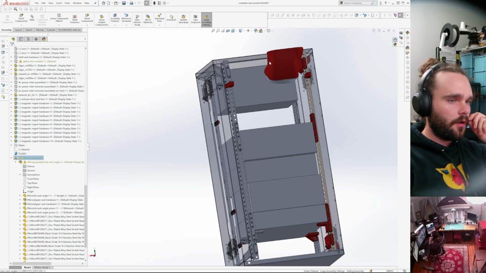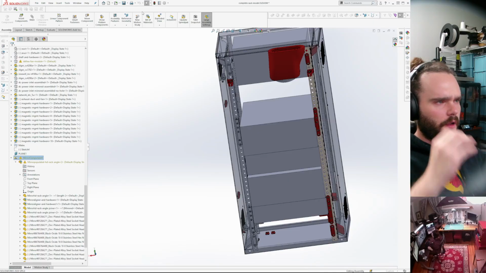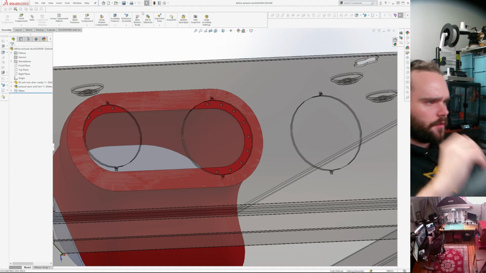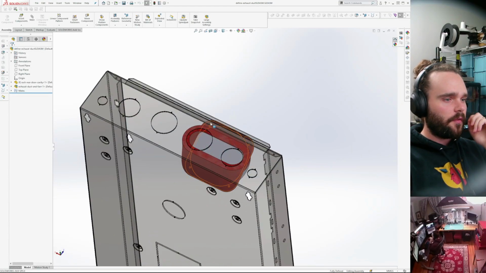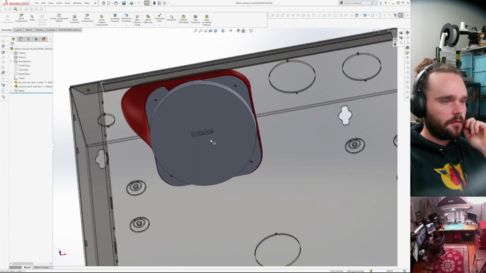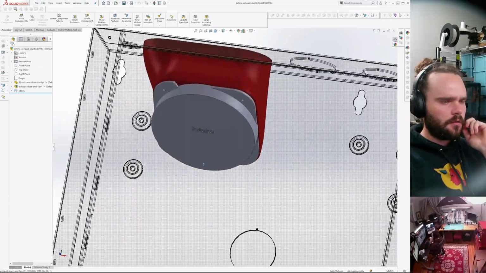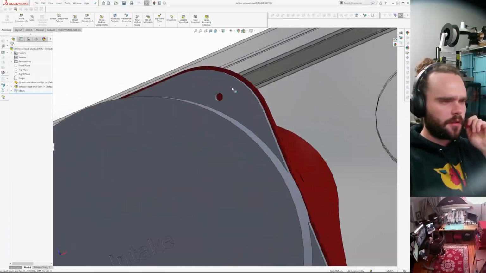Alright, so I want to work on the exhaust next. Oh yeah. One more time. Exhaust fan. Okay. So the reason I want to work on the exhaust fans is that I never did a test fit of this, I don't think.